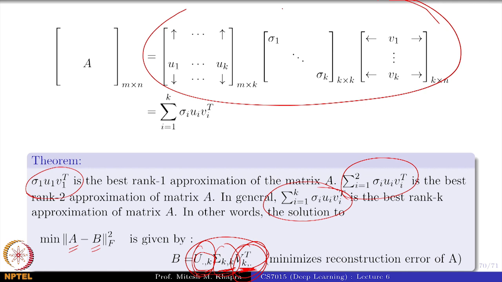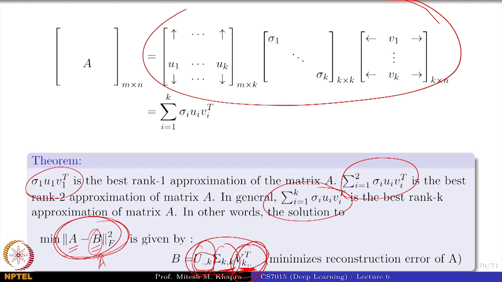Now, if I want to pose it as an optimization problem, what will I say? What would I have minimized actually? This is the reconstruction, so let's call it A hat. And what does this mean? This is the Frobenius norm. What does the Frobenius norm give you? Roughly speaking, the squared difference between the elements. So it will tell you the squared difference between the ijth element of A and the